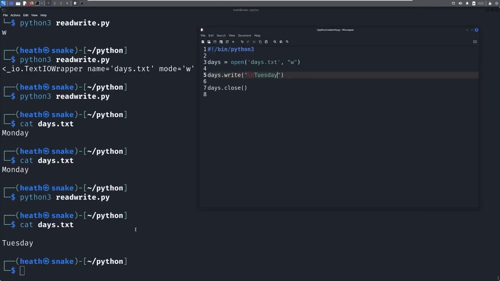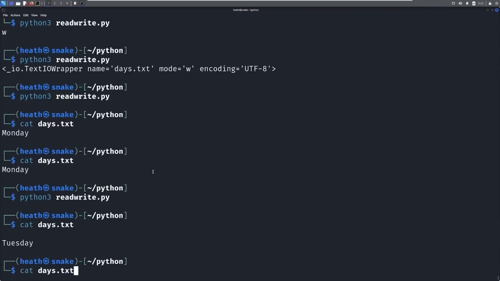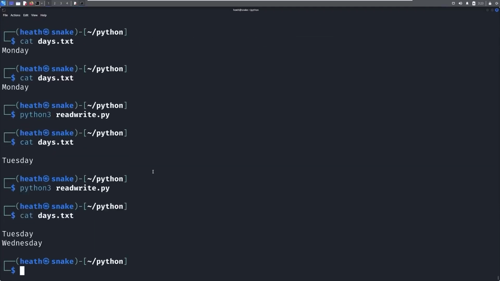So what's happening here is we're actually writing to a file, which is overwriting the file. We're not appending to the file. So if we wanted to append to the file, what we need to do is change this w to an a. And we can come in here and we can write in Wednesday if we wanted to. Save this. And now run this and run that. And now you can see we